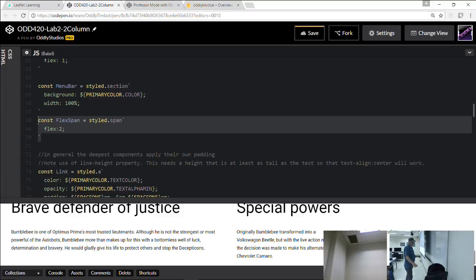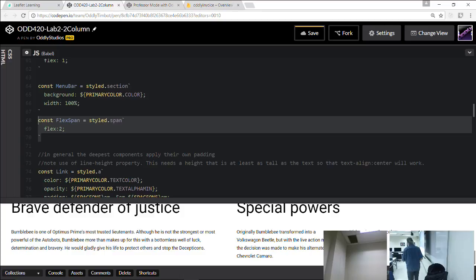Well, let's say I've got a menu bar, and I've got some nav links, but one of them I want to stick over here. The flex span, if we put it in the lineup here, his job is just to grow as fat as he can. So he's going to sit there eating all the space until he gets really fat and pushes a space in between these.